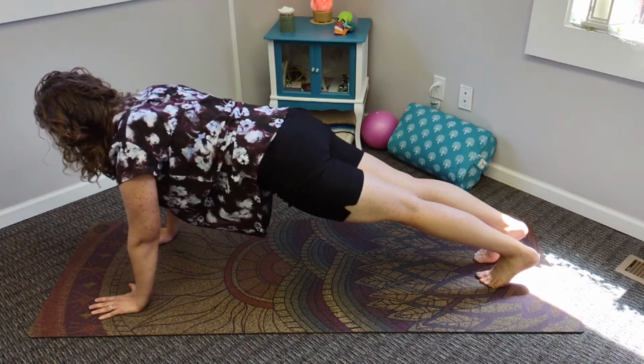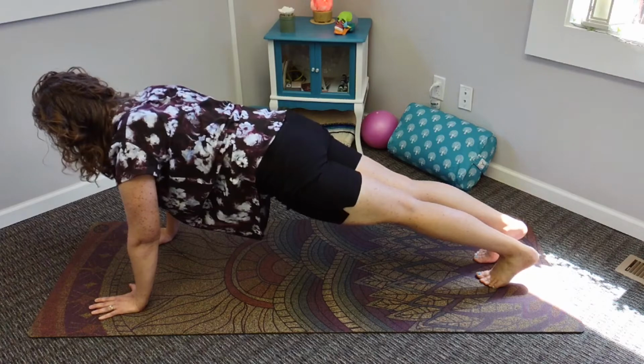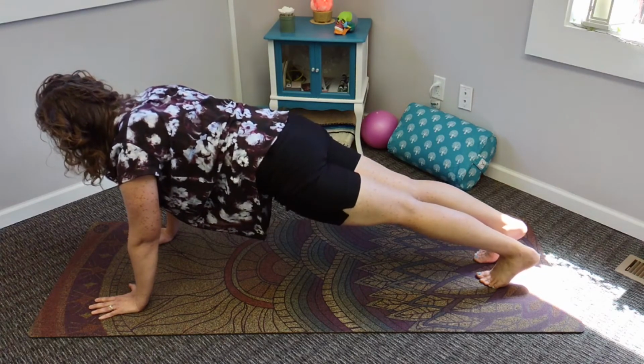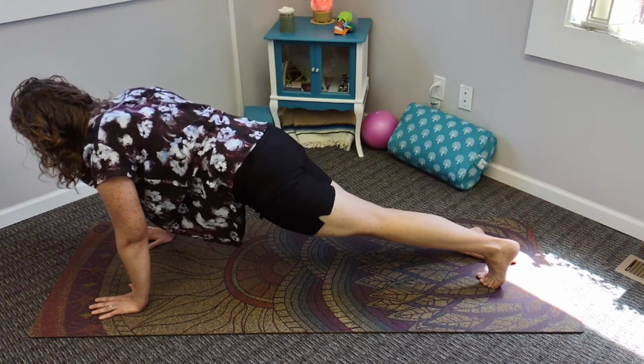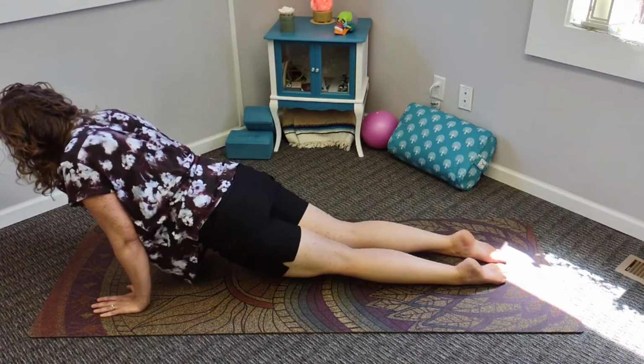Keep those abdominals engaged, low ribs are knit together. We'll just hold it for just a few more seconds, maybe 5, 4, 3, 2, 1. And then we're going to flip the tops of the feet down to the mat, and then really pull through